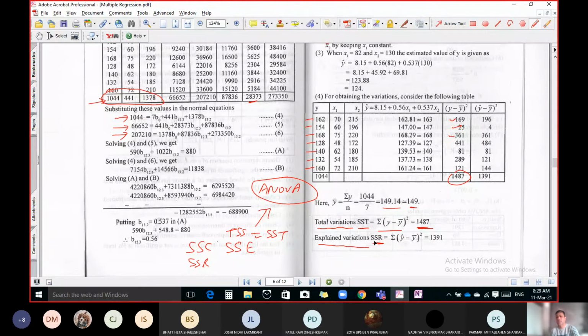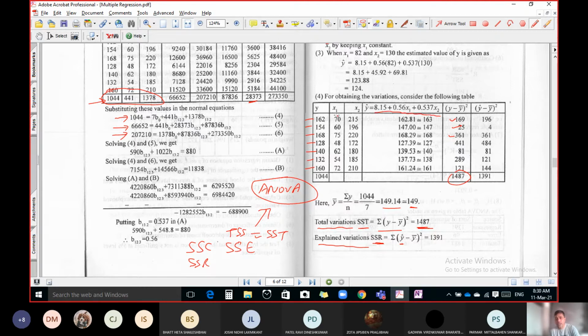Sum of square of, you can say that here R stands for regression. Actually it is for row, but you can consider it as regression. Okay, what is the formula? Y cap minus y bar. Instead of y, you have to use y cap here. Now the question is how to find out y cap. So use the regression line. This is our regression line.